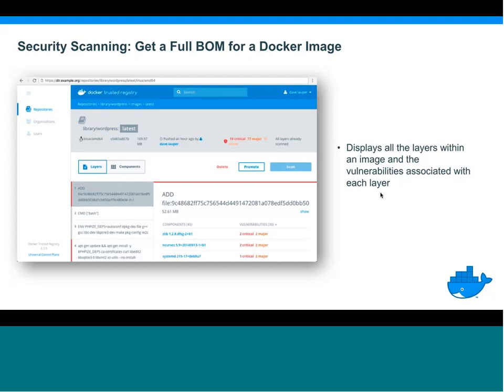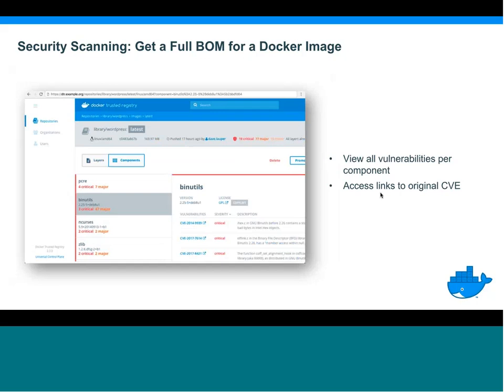So again, for every layer, if you think about the containers themselves, as you're probably aware, they're made up of various layers. Well, the scanning goes into every layer of that image. It'll tell you what's inside that layer, so it'll give you a list of all the packages that are part of it, and it will also tell you the vulnerabilities. So we match it up against a CVE database to tell you what vulnerabilities are there. So if it's got critical vulnerabilities, major vulnerabilities, and so on through the various classifications that are part of the CVE database, we'll tell you exactly which packages have vulnerabilities and what level of vulnerabilities those are, and link back to CVE if you want to figure out how